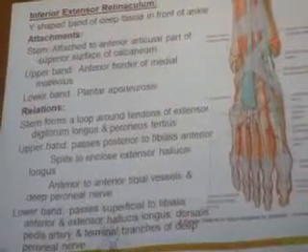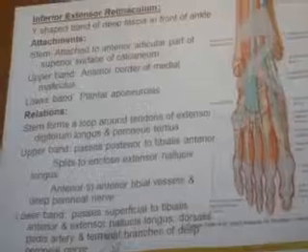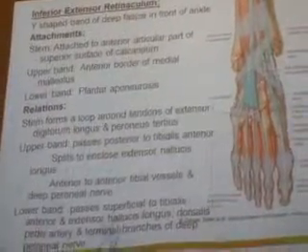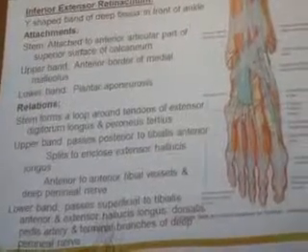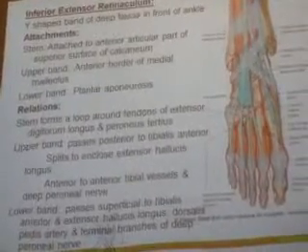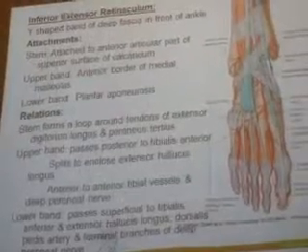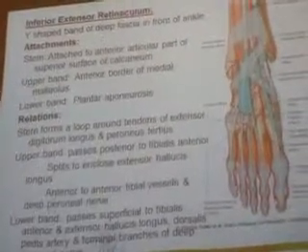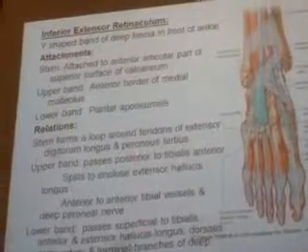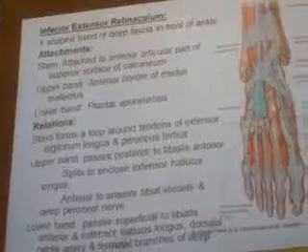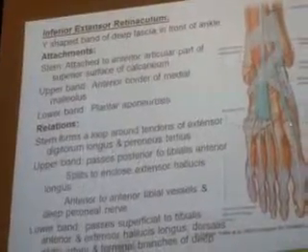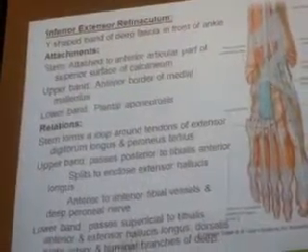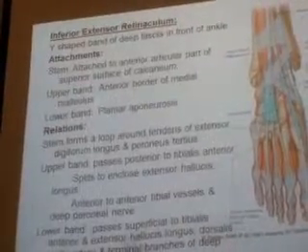These retinacula will hold the tendons and keep them in position, because they are pulling muscles. If the muscle is pulled, at that time the tendon might come out, they might strip. So to hold them in position so that there can be good movement, all these retinacula will be holding them in position. All the structures below that are the relations: the extensor digitorum longus, the extensor hallucis longus, the tibialis anterior, and the dorsalis pedis artery. All these will be in the relation.